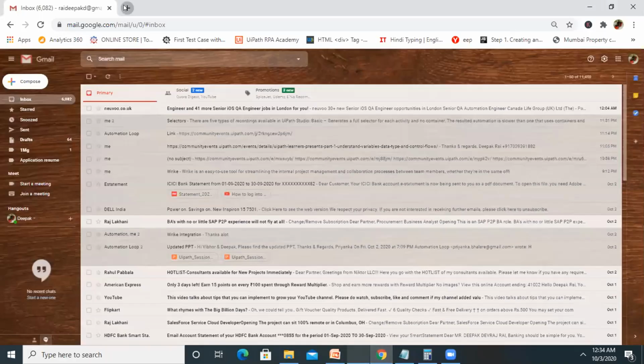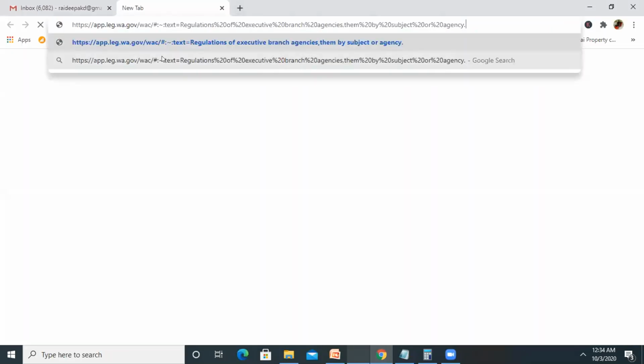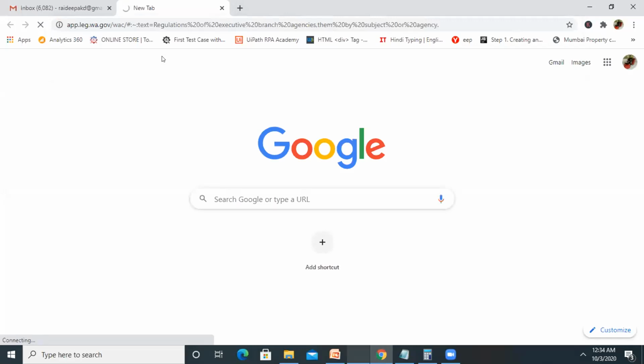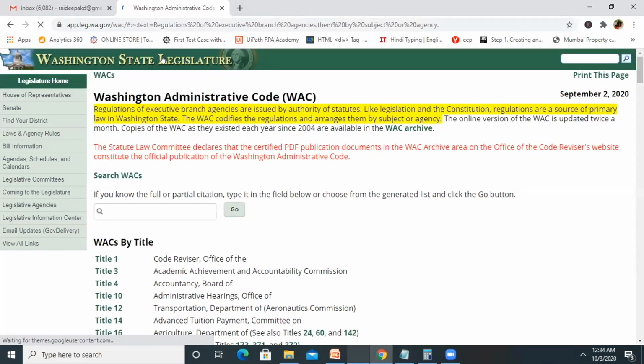Whatever I have told you, those steps can be applicable for this website. Use screen scraping, wait for the element, wait for that particular website to load, and then attach the window again. You can use Attach Window to attach that particular link, and then scrape the data or scrape the next link from that window. For the next link, you can definitely use an anchor base so that the next link will work. Can you click on title 1 or title 4, any title?